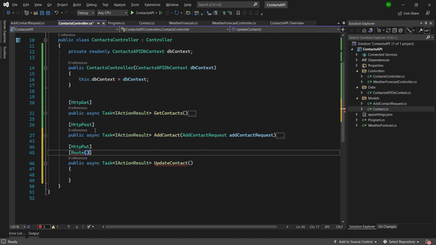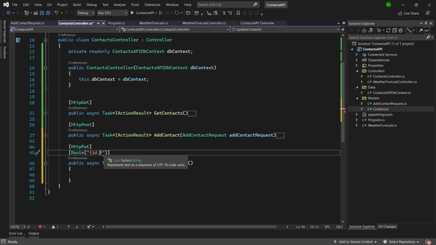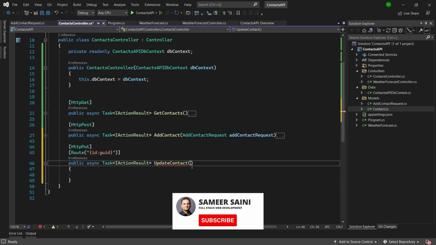The route for this one will have the keyword ID in it, because we want to take the ID of the contact that we are trying to update from the route. So in here, inside the string, I will use curly braces and I will specify the word ID, and it will be of type GUID because we are using IDs of type GUID in our model, as you can see over here. And because it's a type of GUID, I can make it type safe by using the word GUID in here. And because this is coming from the route, the first parameter our method will take is the ID,